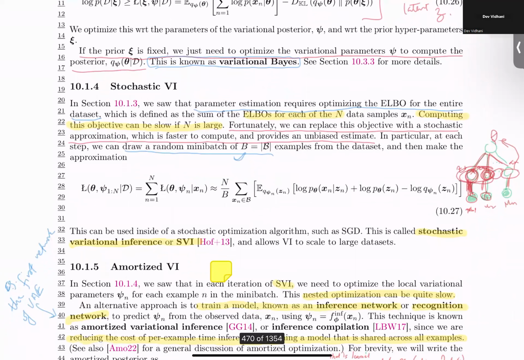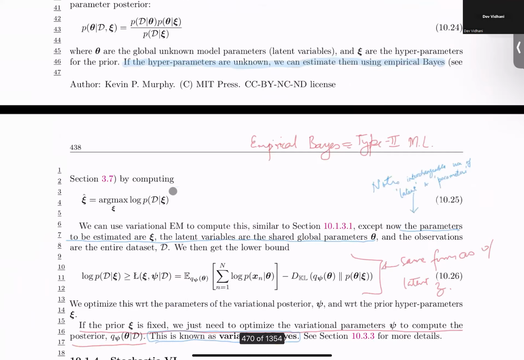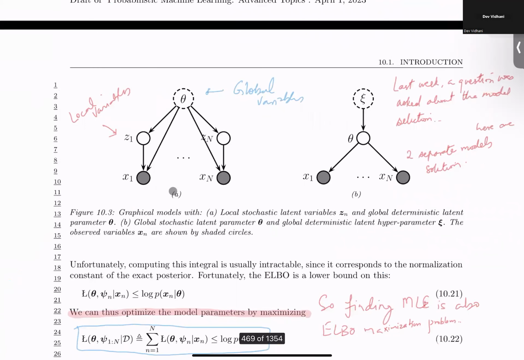So for example, this is our ELBO function, and we have to optimize, in this case, theta, the model parameters for our data and the whole model that we have. The way we have defined our model, it could be in different forms. Let me just quickly show different forms of models. On the left, what we have is a graphical model with,